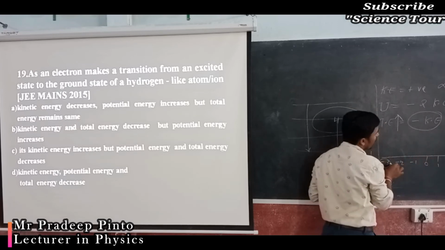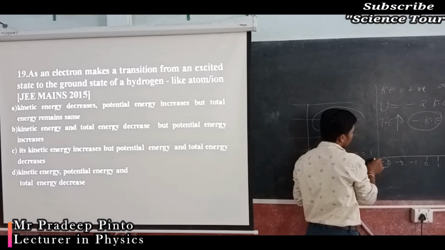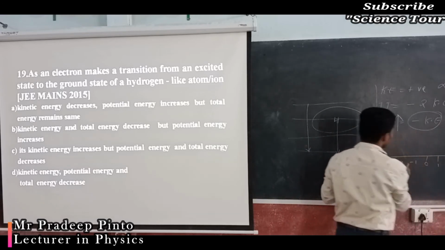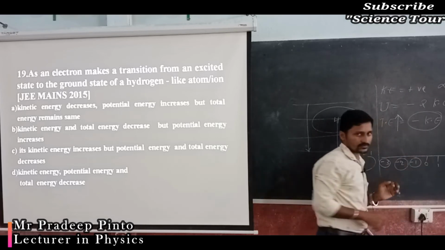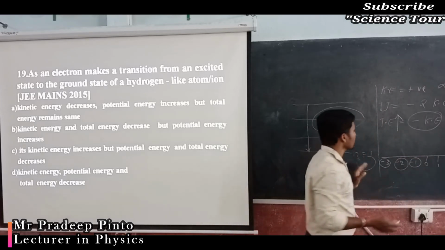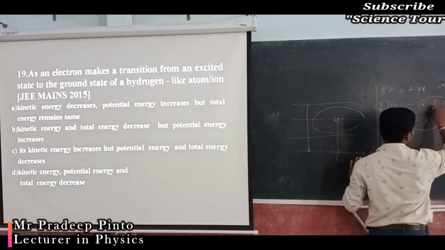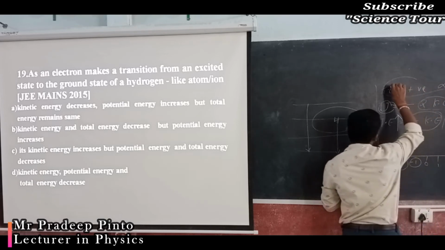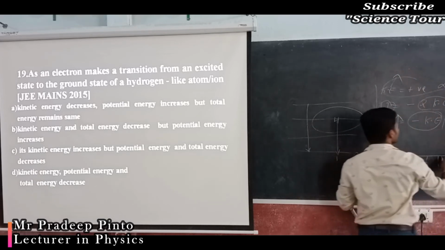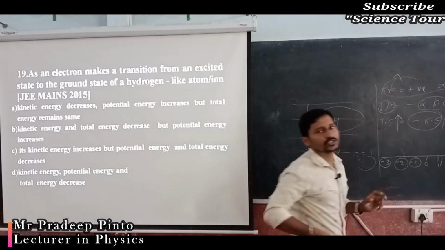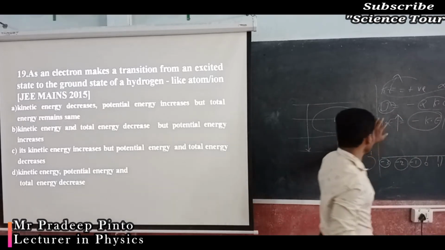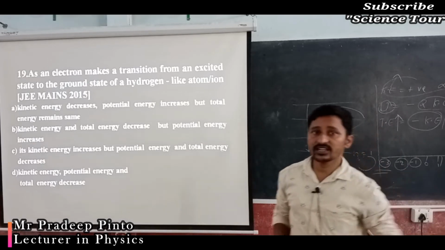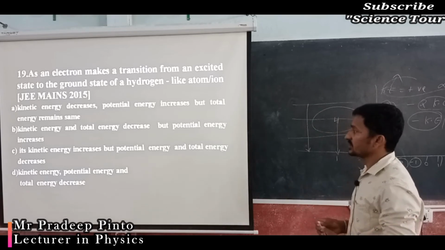Negative is increased, or since it increases, this value decreases, again it becomes negative only, no? Negative means less only. So here also negative means less only, but this decreases, whereas kinetic energy increases, positively increases. Positive means more increase. So an increase in the negative value means it is a decrease itself. So total energy and potential energy decrease, whereas kinetic energy increases.